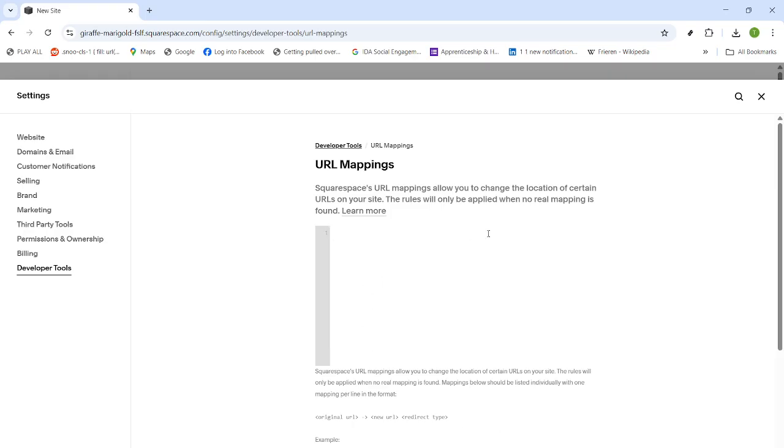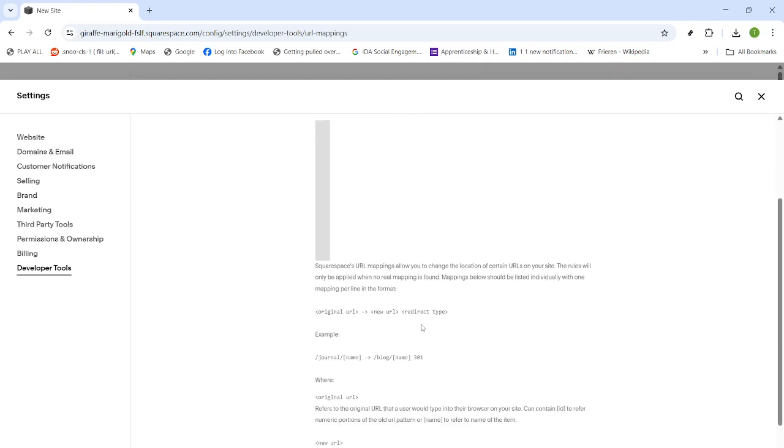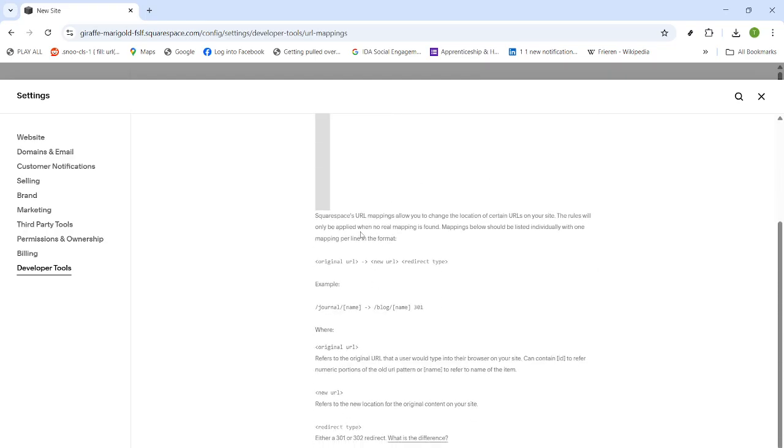Once your mappings are in place on this page, Squarespace will apply them automatically whenever someone visits an old address that no longer has a live page behind it. That's it. Your redirects